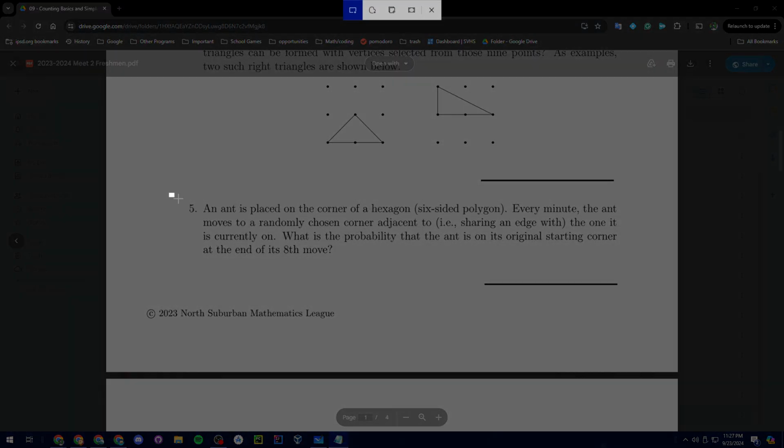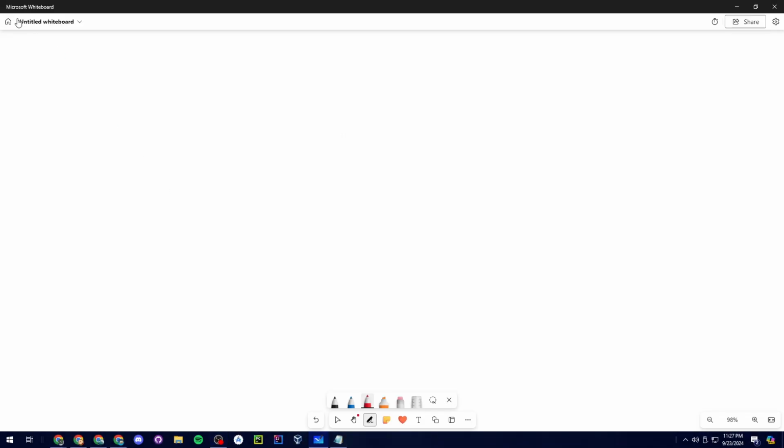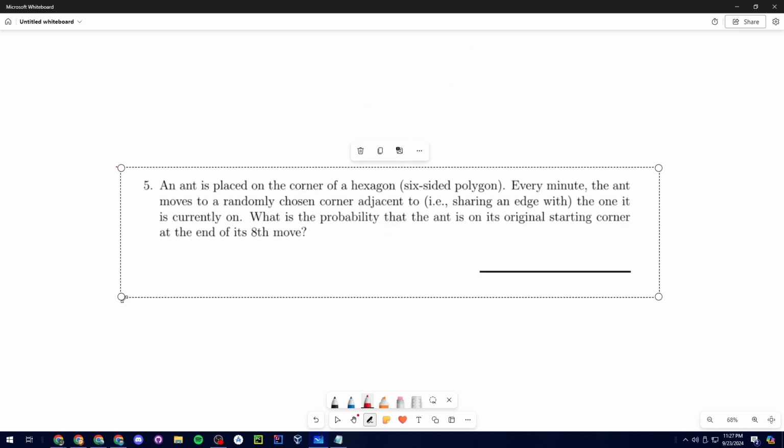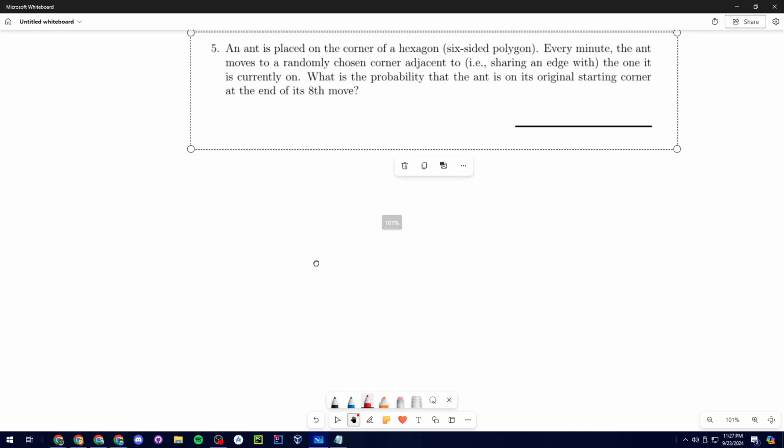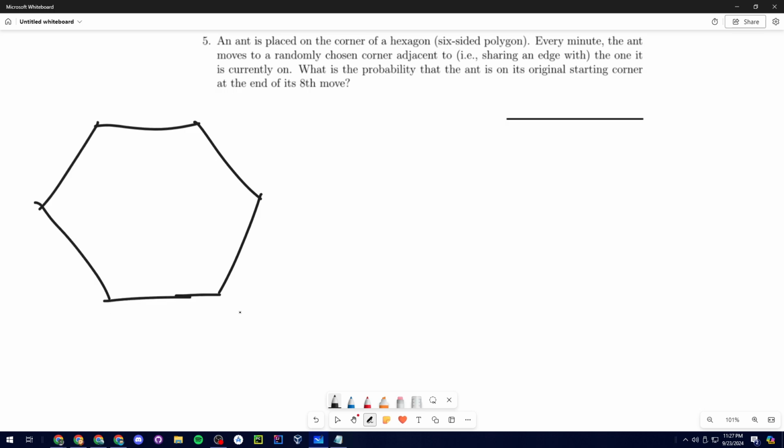All right, 5 was also cool because it gets you to think outside the box a little. I know it's less of a probability one, but it is a combination. So I'm going to draw my really cool hexagon. Okay, so every time you get in this situation, you've got to remember that if I just randomly choose